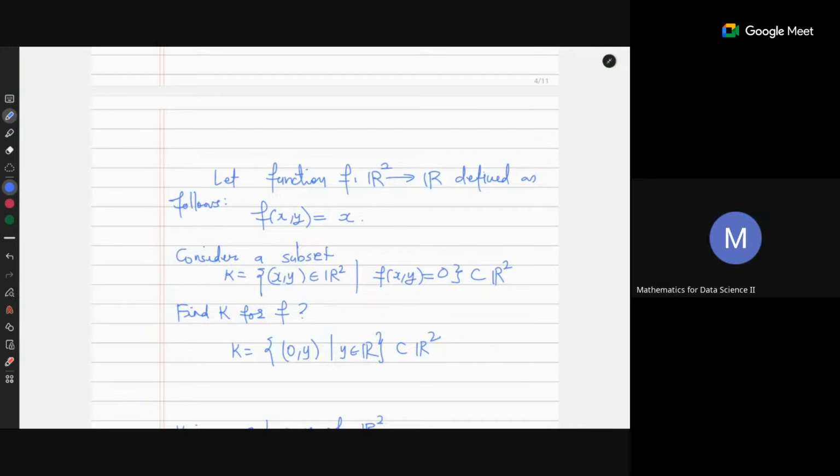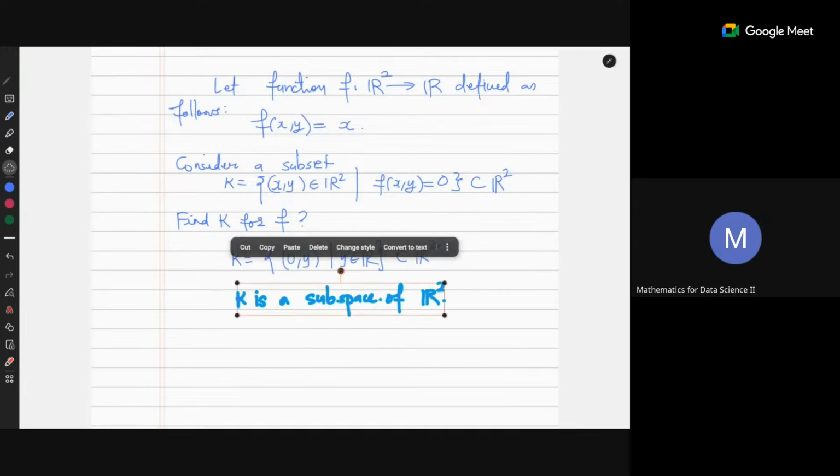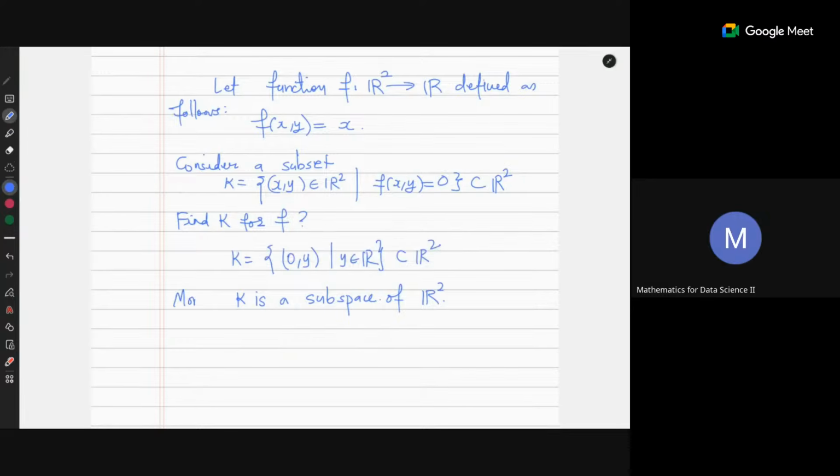Anyone? Yes, sir, it is. Yes, it is a subspace of R2. Right. So it is not just a subset of R2. It is a subspace of R2. Okay. In particular, moreover, K is a subspace of R. Okay. Now,